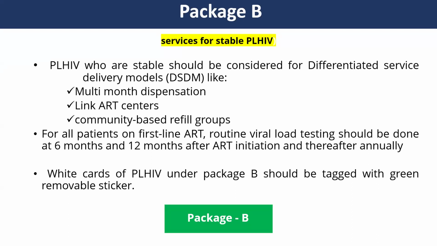So these are the group of patients in whom you should plan for decentralized care, or whom you want to send to a Link ART center, or any CARG model, or a community, sorry, a TI, where dispensation can happen with the TI NGO. So these are several other opportunities for multi-month dispensation. But as an ART center, you need to understand who these patients are. Only when you know who they are can you plan whom to refer for such models of